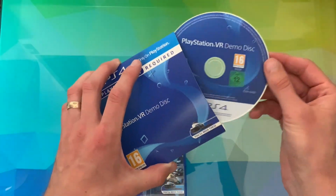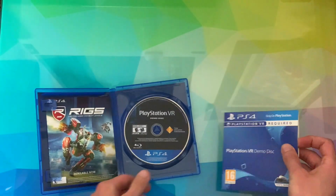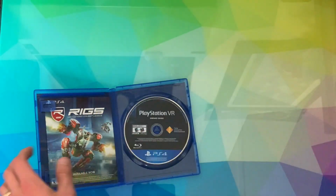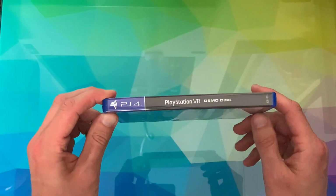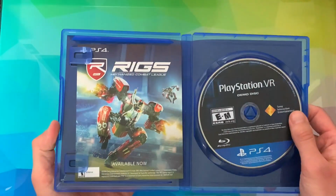Probably the same disc. Actually, let's find out. Oh, the American release is a bit darker. This was bundled with the VR headset at launch. Like I say, the physical release here is only